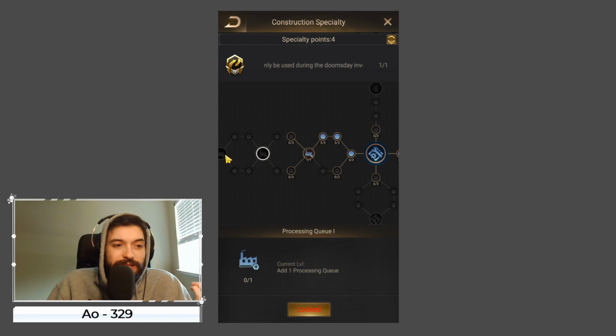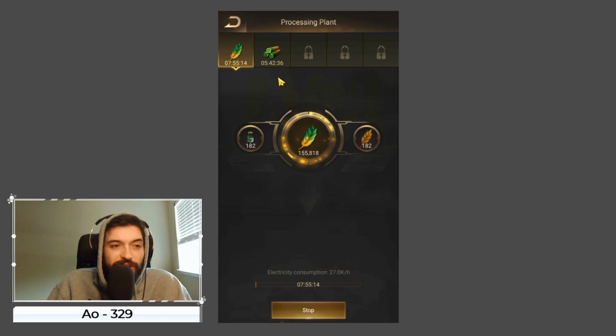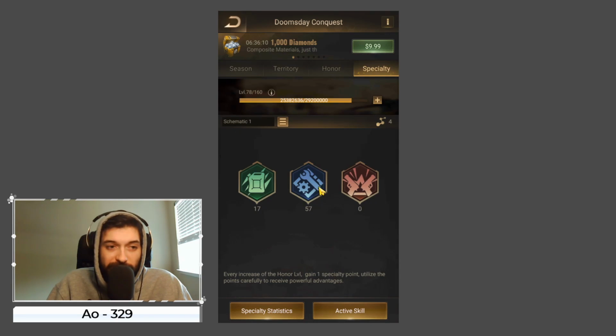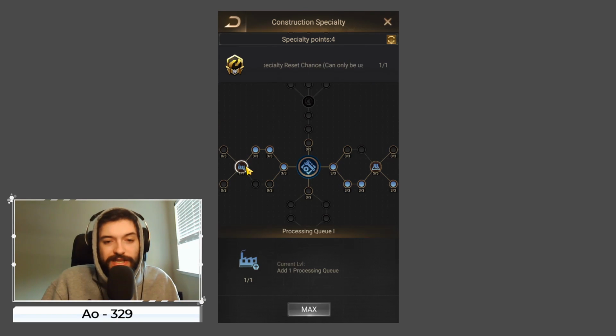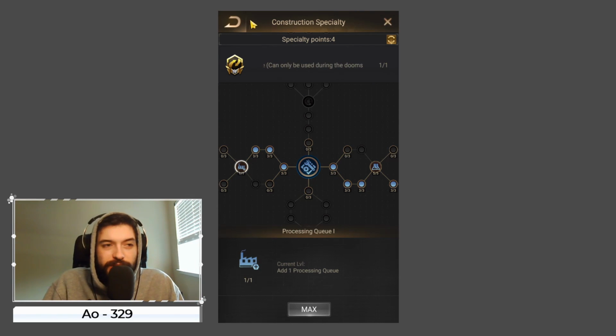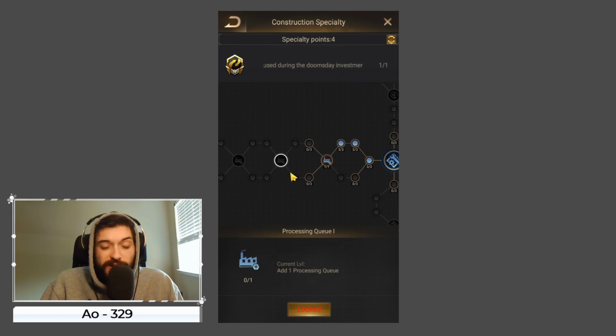These ones in the middle add an extra processing queue. So if you go to your production, you'll see that there are these processing queues. I have 2 of them unlocked, and that's kind of what I would recommend. It's going to take 10 skill points to get the second processing queue unlocked, but it's well worth it. You basically just double your production. Now, some folks will go 3 processing queues. I don't think it's personally needed,